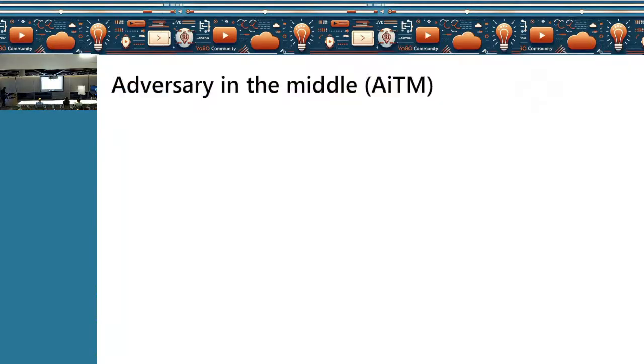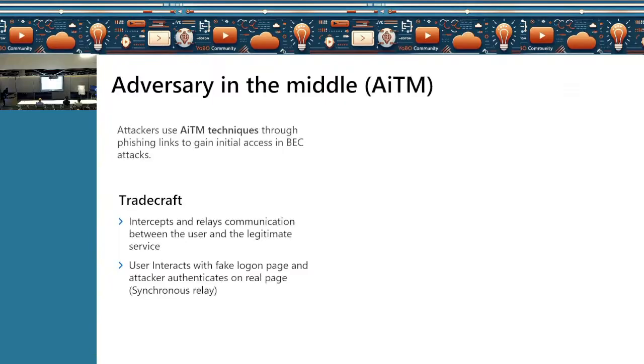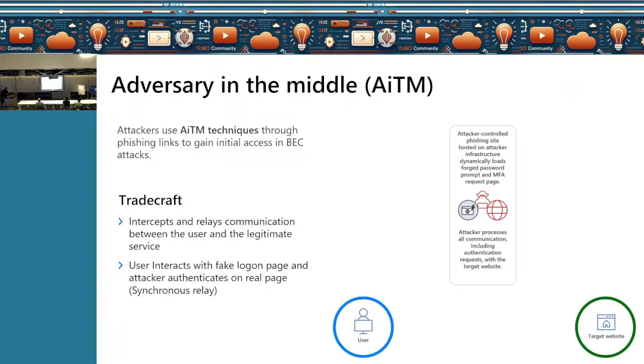So this is an example of an adversary in the middle attack. In this attack, basically, first, the user is visiting a phishing website. Now, in this case, the attacker has come into your environment.